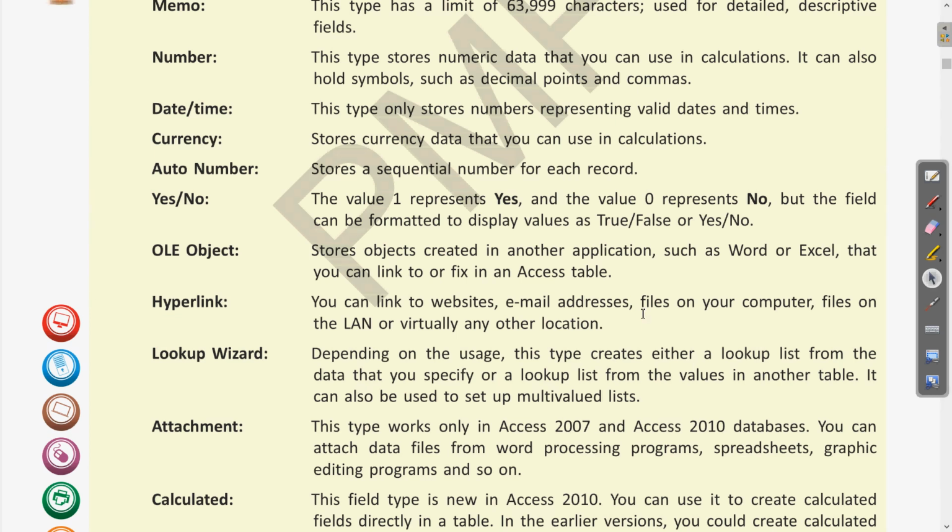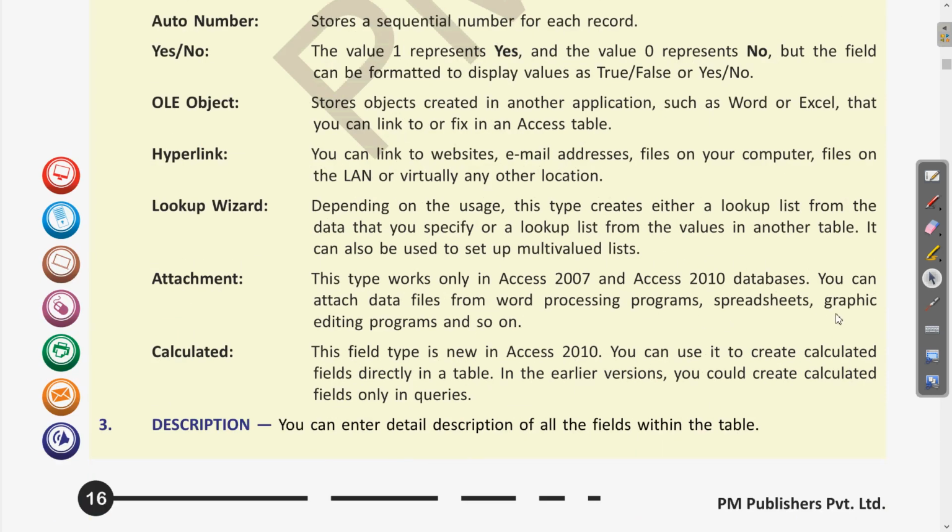Attachment is the data type where you can attach different word processing programs, spreadsheets, and different graphical editing programs. Clear? This data type is present in the versions after 2007 and 2010.